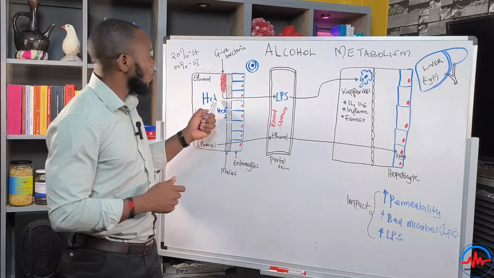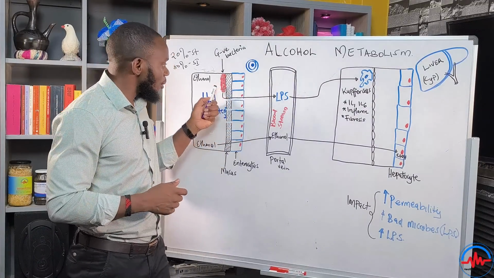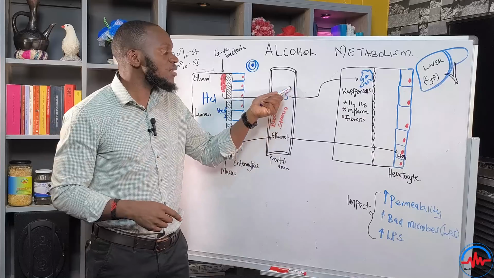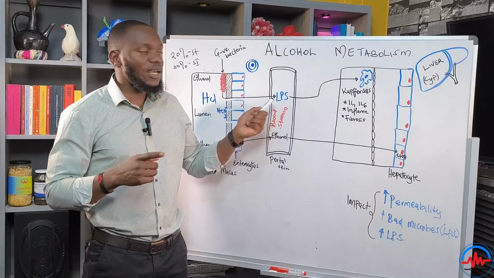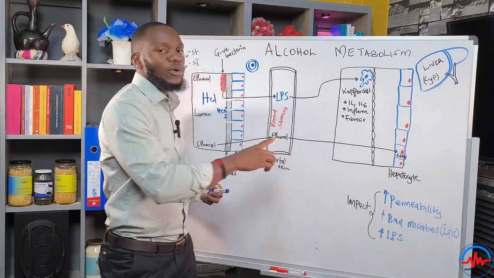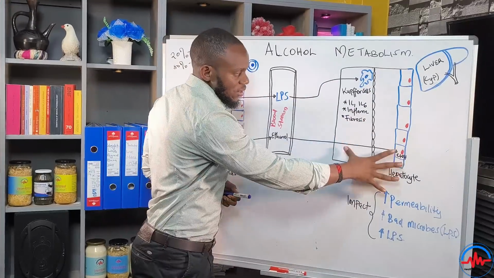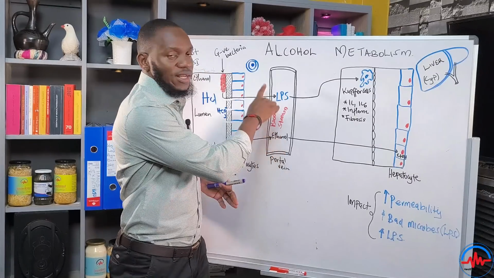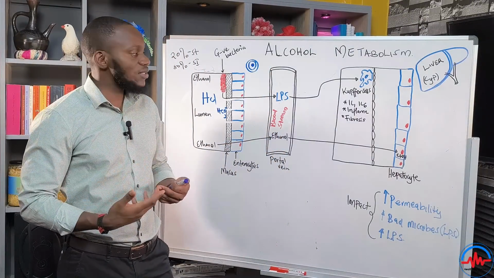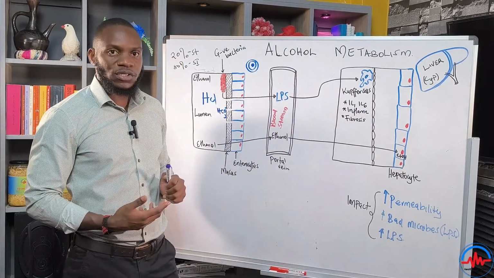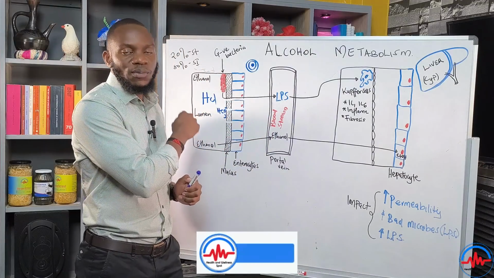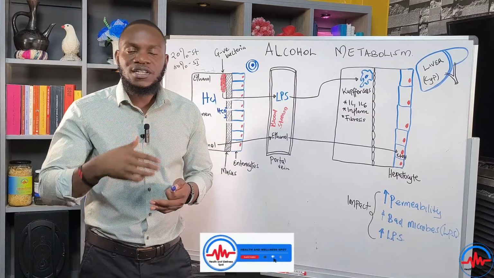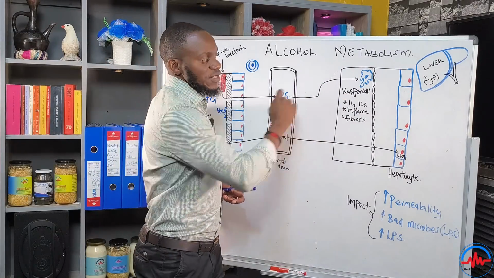Now you understand better. So alcohol causes a leaky gut, and now the lipopolysaccharides that are coming from the bacterial cell wall are going to get access into the bloodstream. Now remember, these lipopolysaccharides are very dangerous because they are highly inflammatory. So when they get into the bloodstream, they will be carried all the way to the liver. Now this is the liver. Basically we have the liver and then the liver cells. So it gets into the liver because blood has to go to the liver for detoxification and cleansing. So this blood goes to the liver, and guess what? These lipopolysaccharides that you've just made in the stomach wall by destroying the gut microorganisms are going to encounter macrophage cells, or cells that protect the liver. They are called the Kupffer cells.